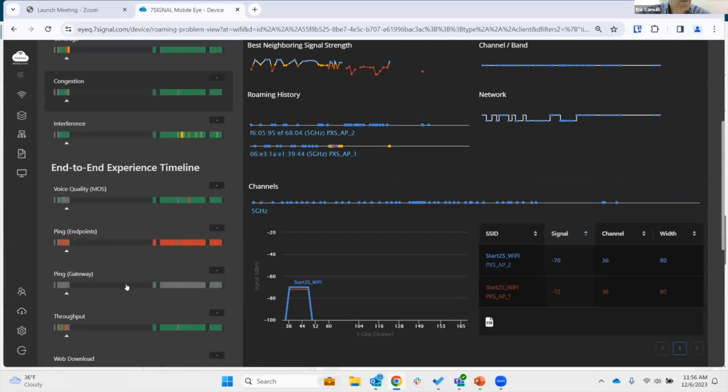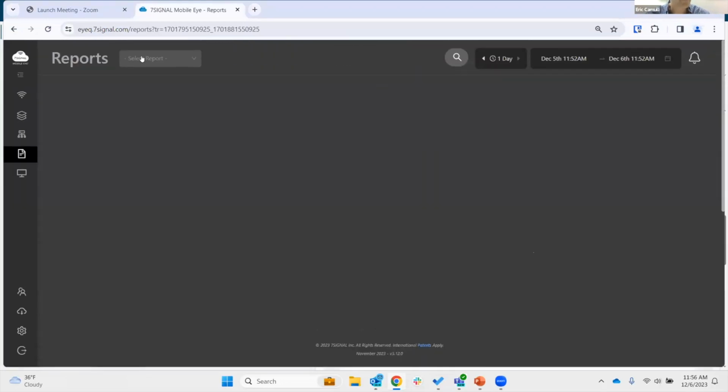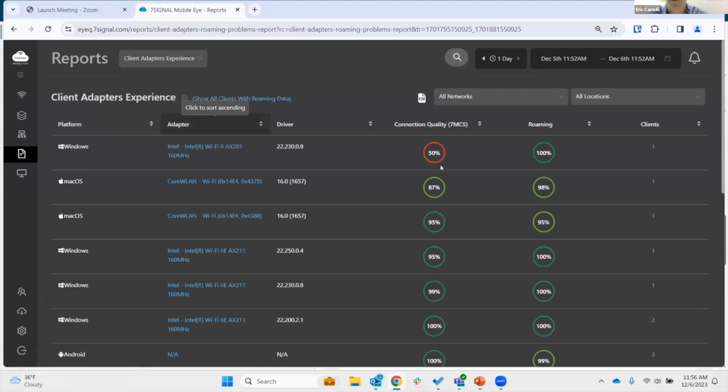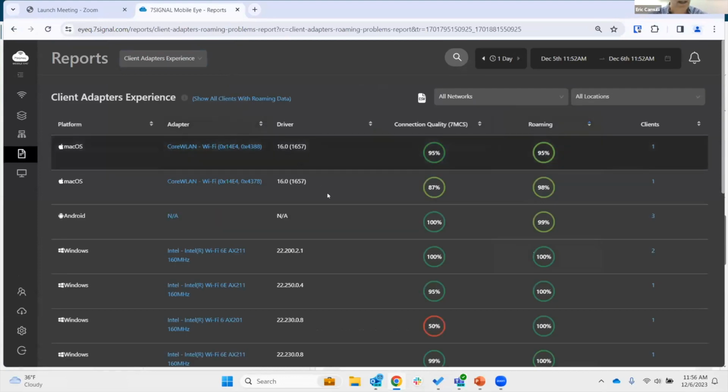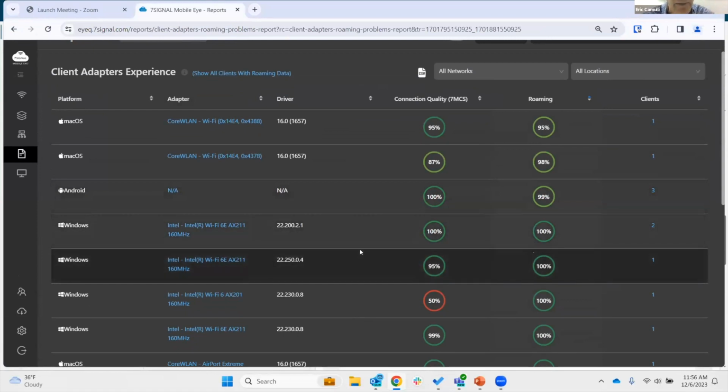Now, what I do is I come over here and get more information about that, in order to see what adapter and version of driver they have, or I can run a report. So let's go to reports and run our client adapters experience report. When we do that, we can clearly see which versions of adapter and driver are in my environment. Oh boy, is there a lot of variation.